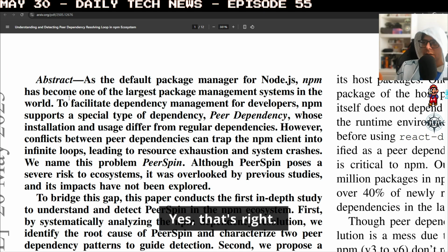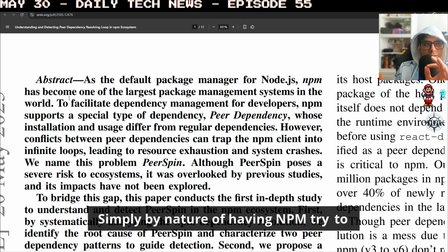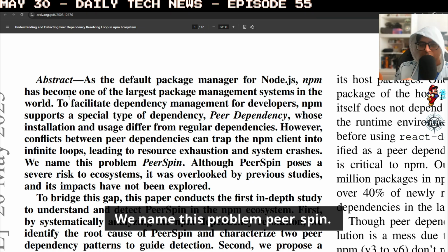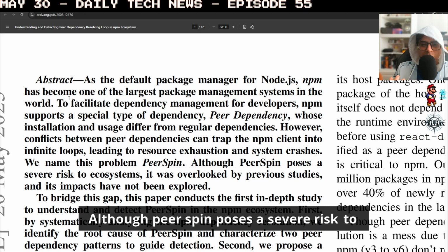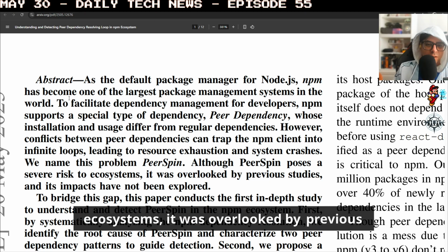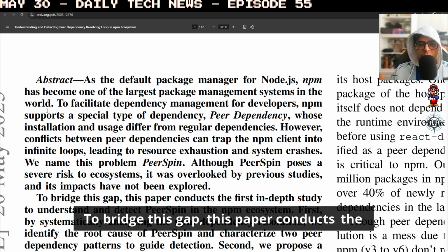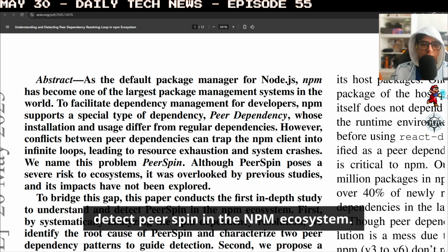Yes, that's right. You heard correctly. Peer dependencies can actually cause system crashes, simply by nature of having NPM try to resolve peer dependencies. We name this problem peer spin, or as I like to call it, lazy ass. Although peer spin poses a severe risk to ecosystems, it was overlooked by previous studies, and its impacts have not been explored. To bridge this gap, this paper conducts the first in-depth study to understand and detect peer spin in